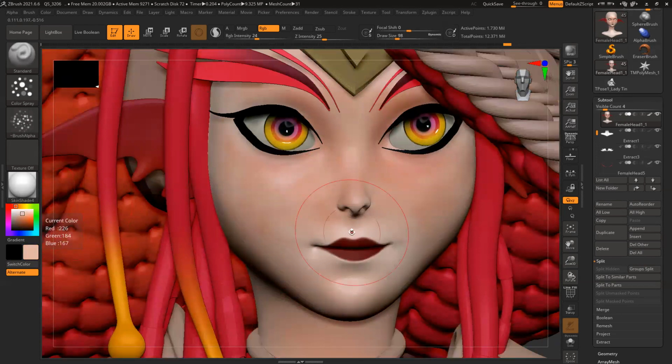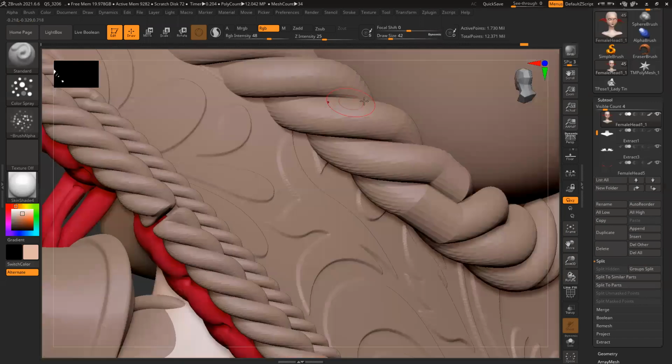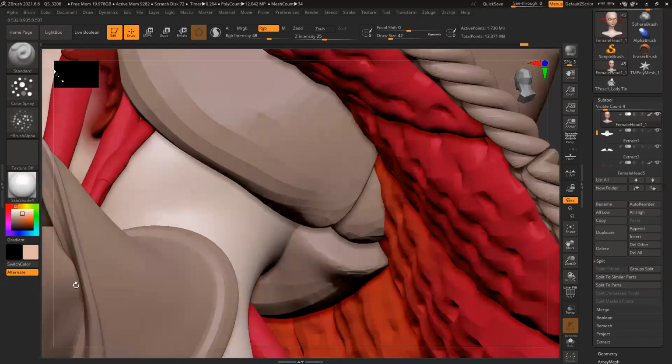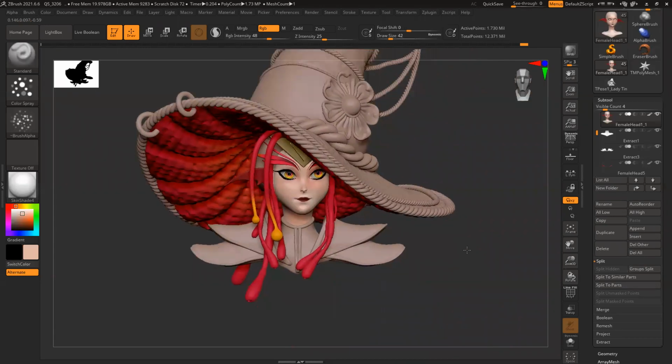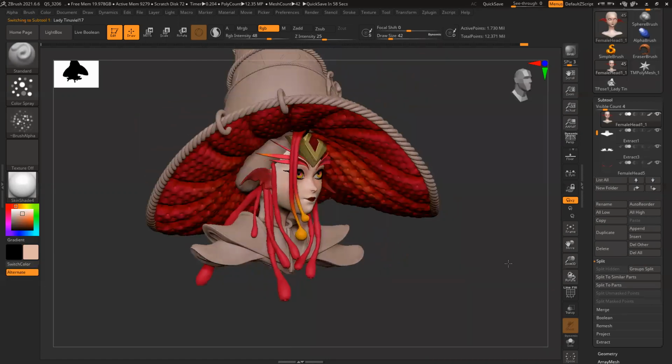Let's pick this lighter tone and fill and blend it nicely. Let's hide.